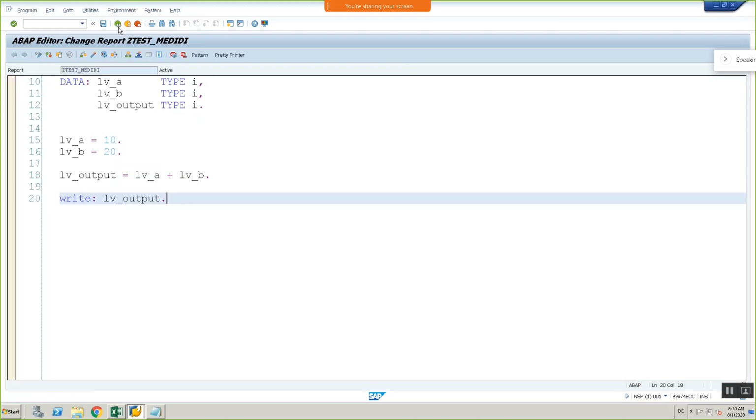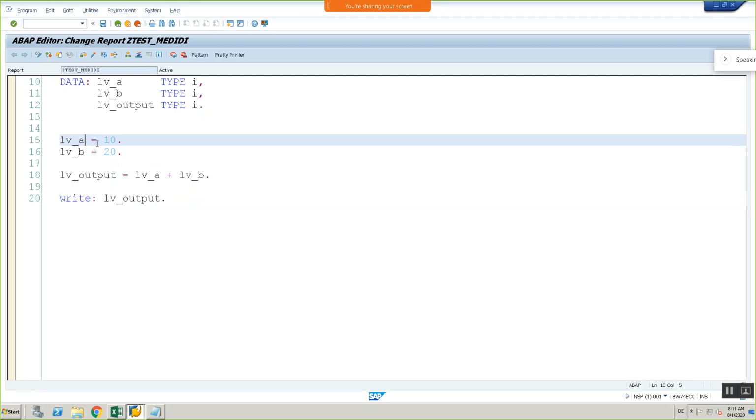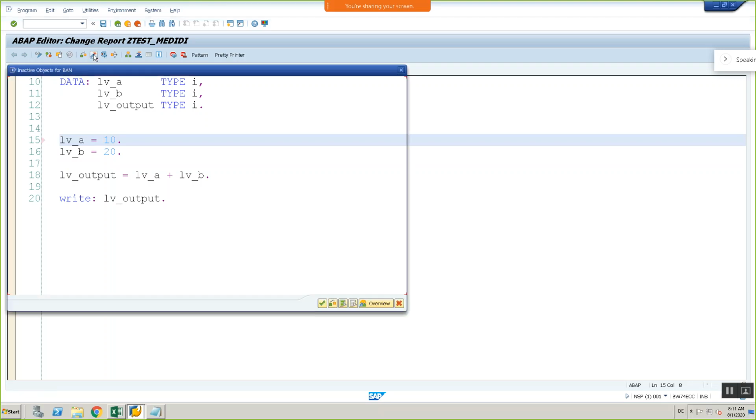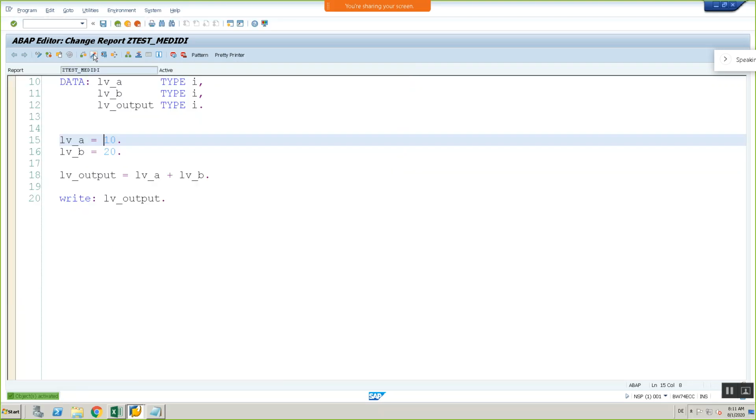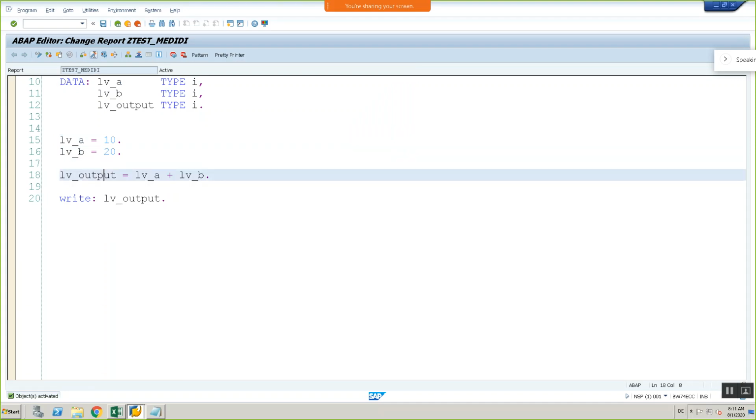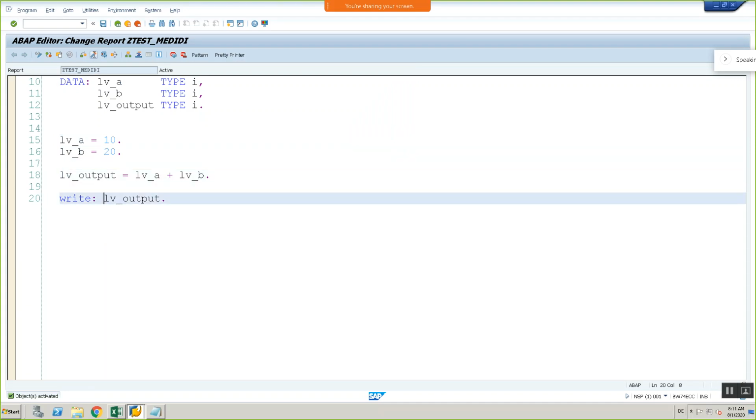When you start writing code on your own, then you get to know all these issues. Because if you don't know about this space, then you simply type like this, right? lv_a equal to 10. You feel like you are writing correctly, but syntactically it is not correct because every time we need to give some spaces in between. Clear? So when you start writing code on your own on the system, you get to know all these issues. As many errors as you get, that much you can learn.